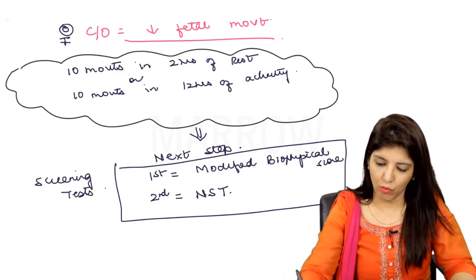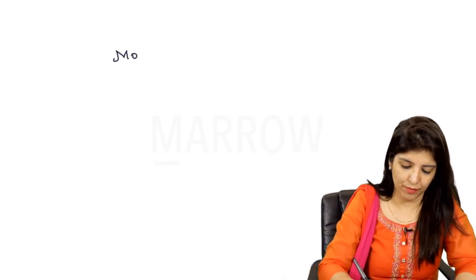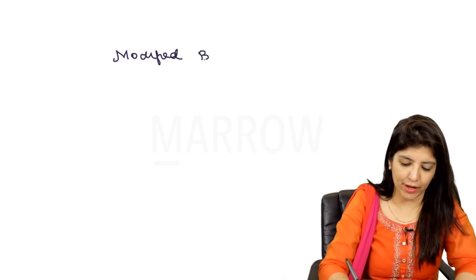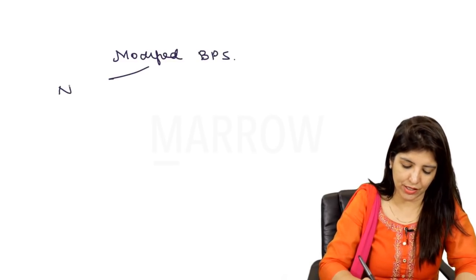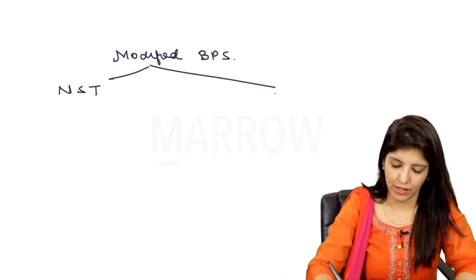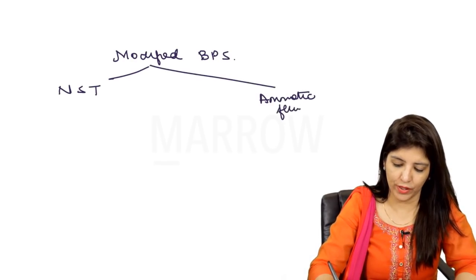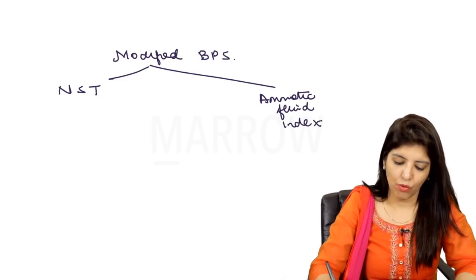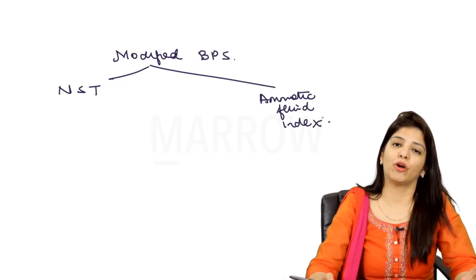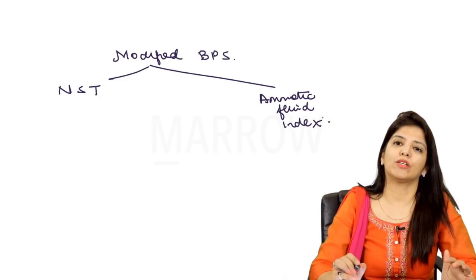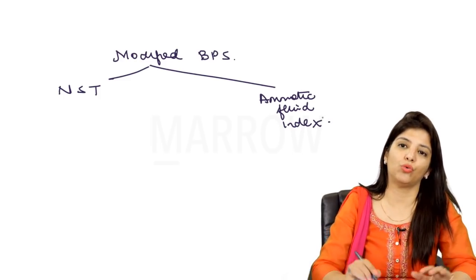Right? What is modified biophysical score? Modified biophysical score is NST plus checking the amniotic fluid index. Why am I saying the better answer is modified biophysical score? Because in modified biophysical score, you are not only checking